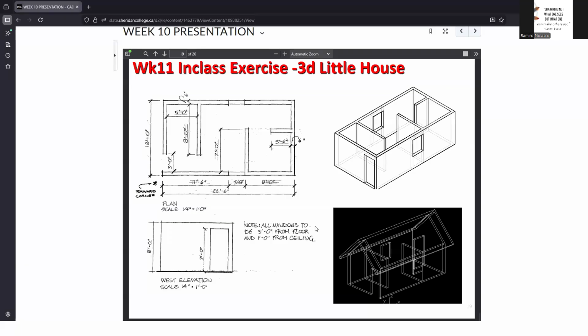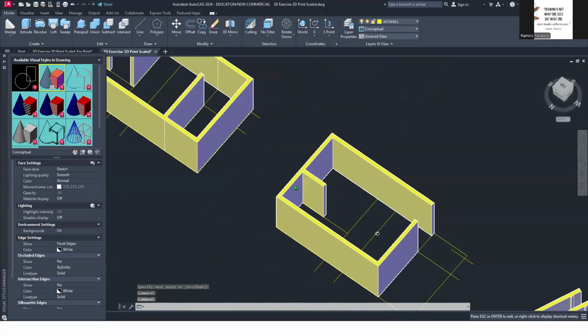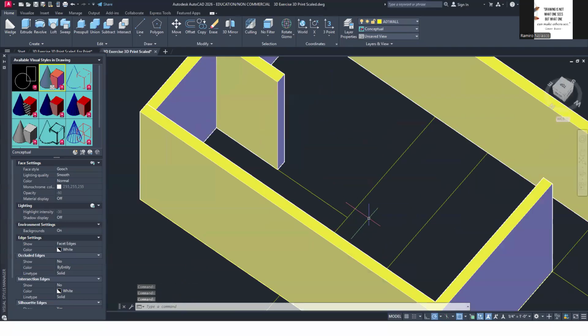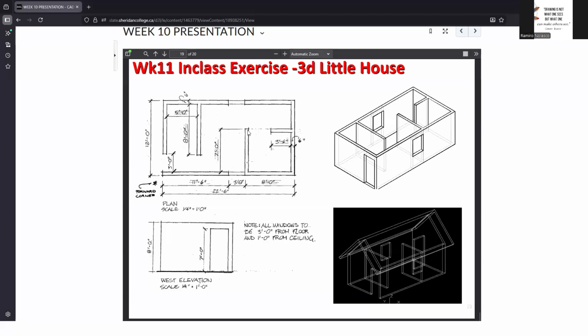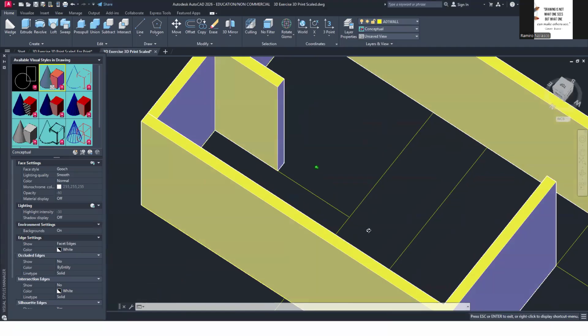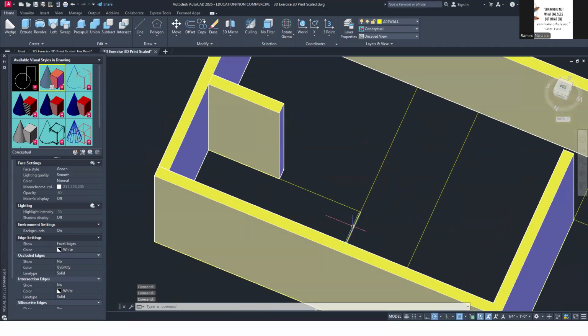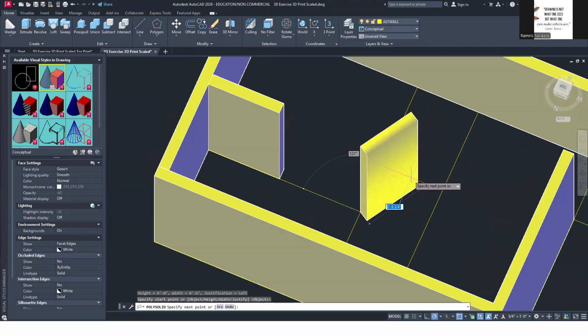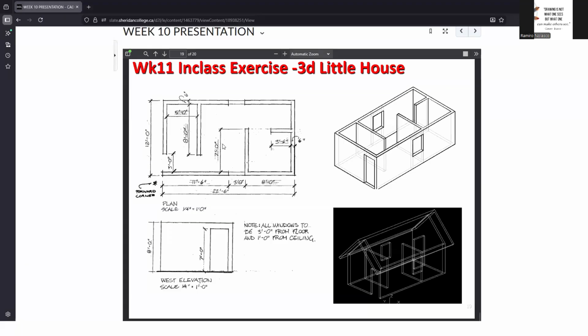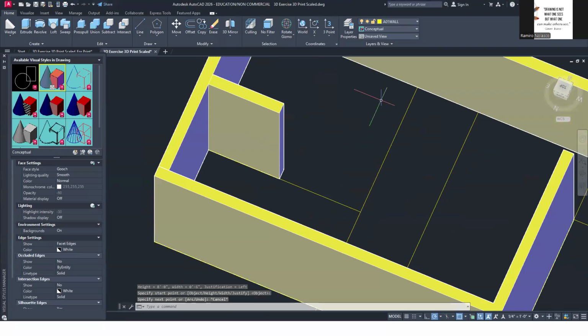And then for this one, okay, 7 feet. So there's my 7 feet right there. It should be going inward. So do I start here or there? So let me check. Polysolid, if I start here, it's going to the outside part. So I should start at the other side.